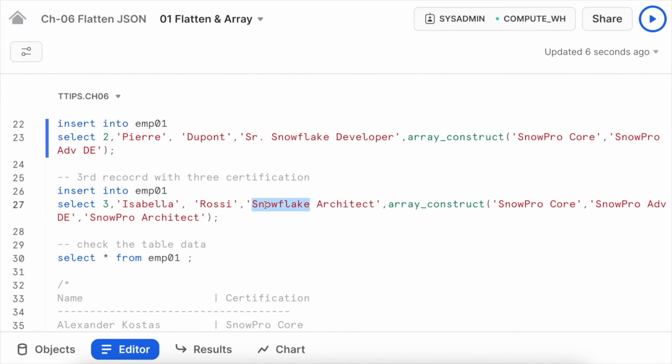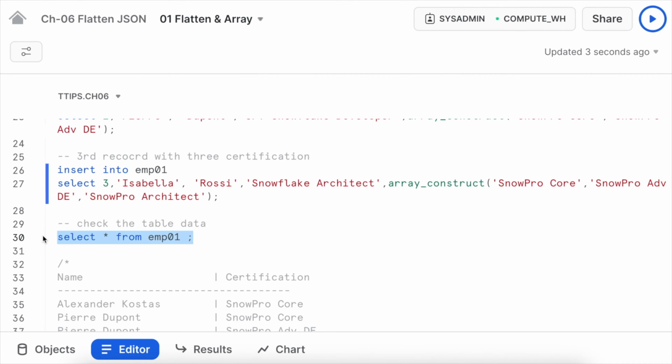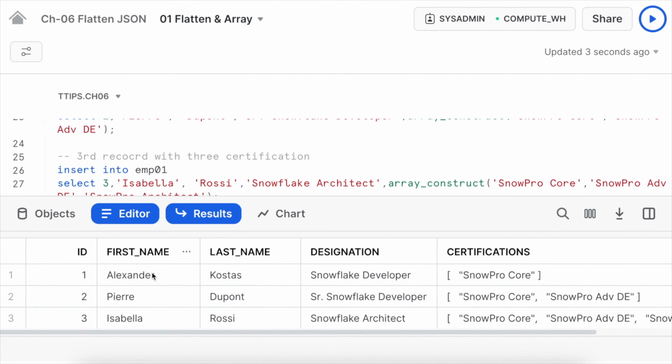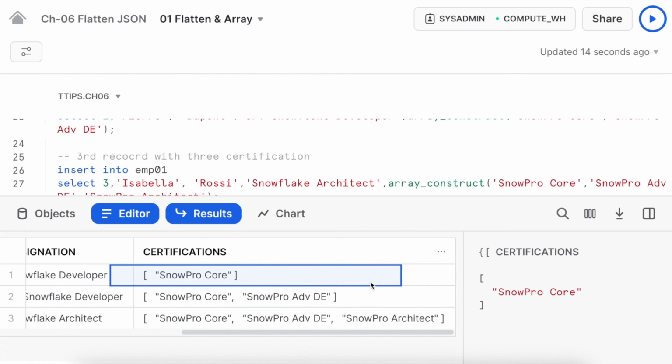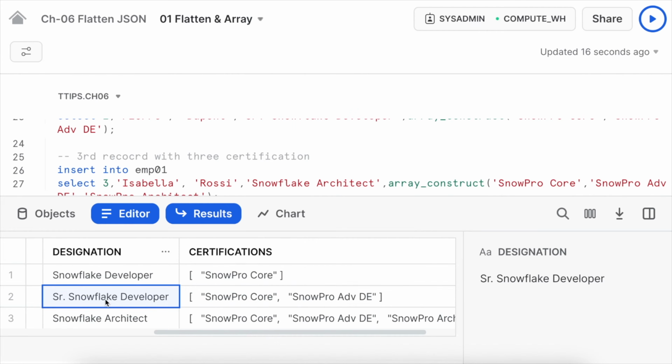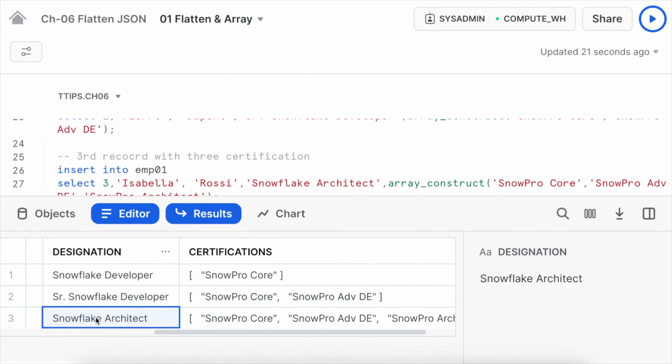The third employee is a Snowflake architect, and this person has three different certifications, and that's why the array construct is taking three different input values. Let's run this insert statement. Now let's check the data and validate how it looks. So if you see the result, the first employee is a Snowflake developer and has one certification. The second employee is a senior software developer and has two certifications, and the third employee is a Snowflake architect and has three